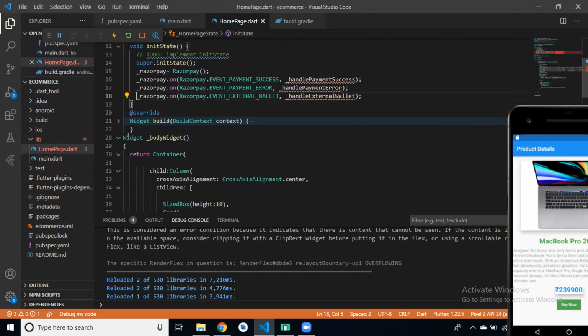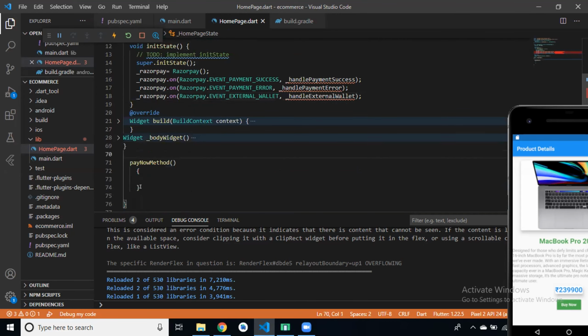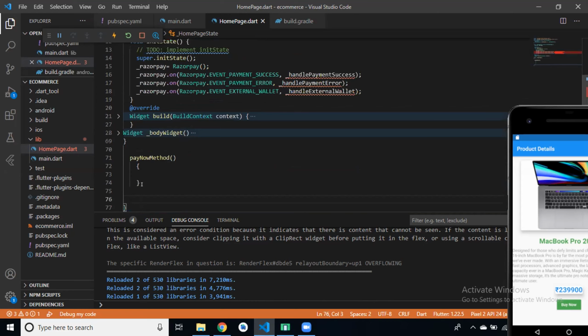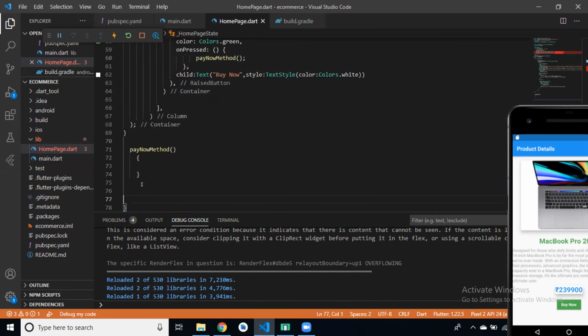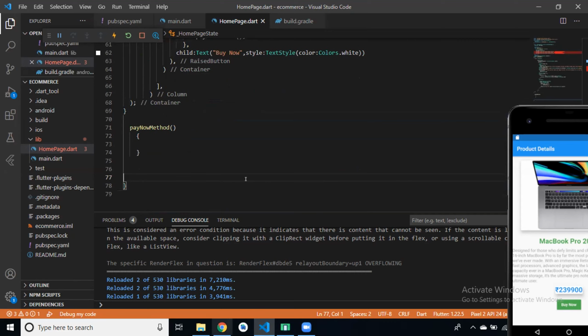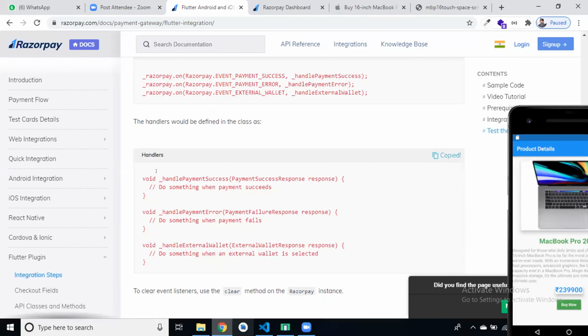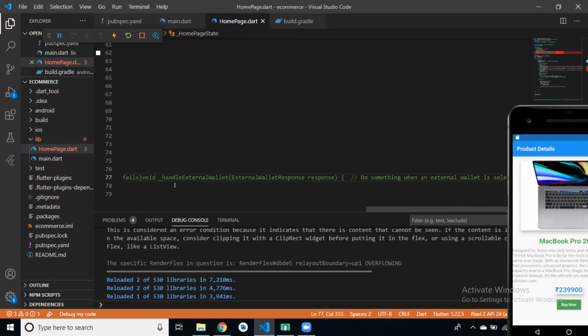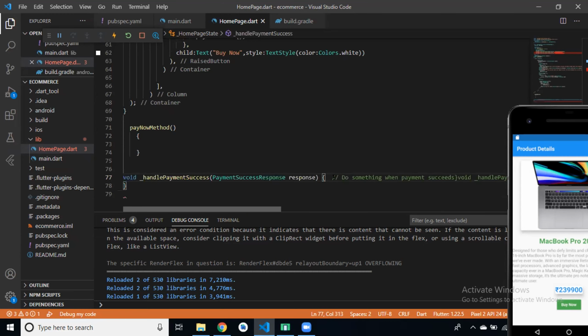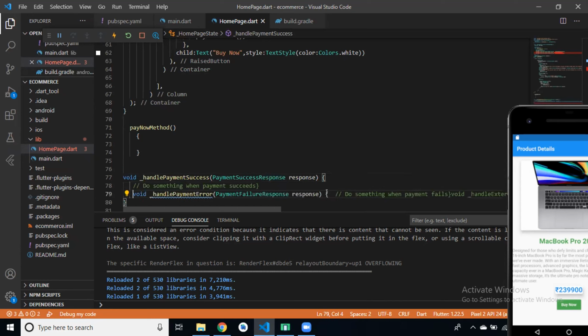Where? In our class. This is our class. Define it here. So copy this and paste. So we have 3 methods.